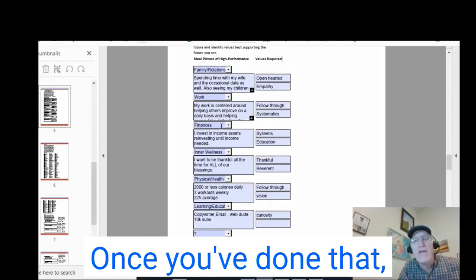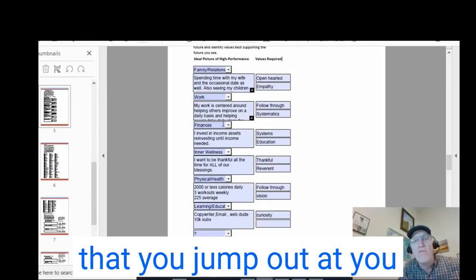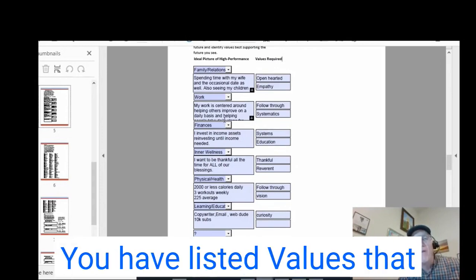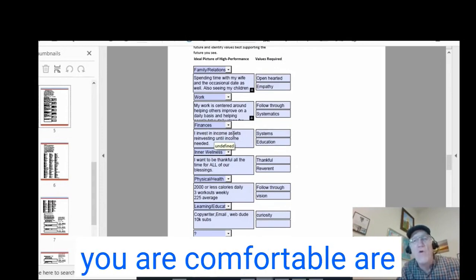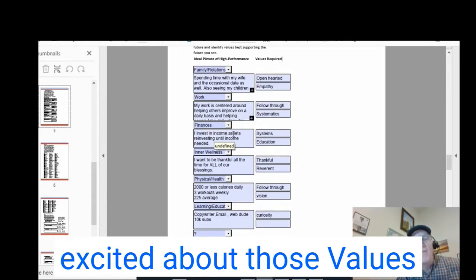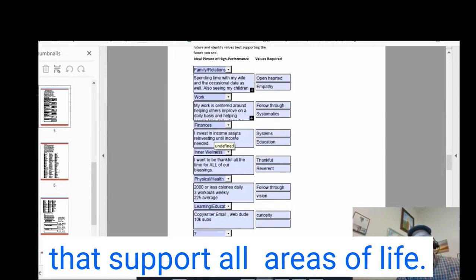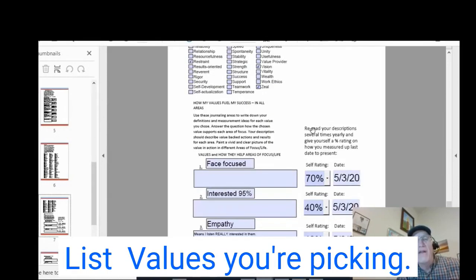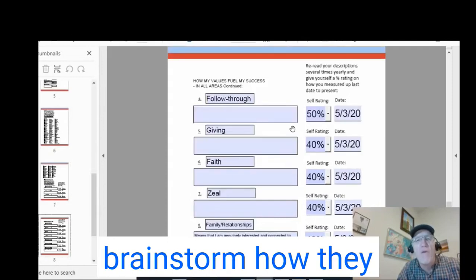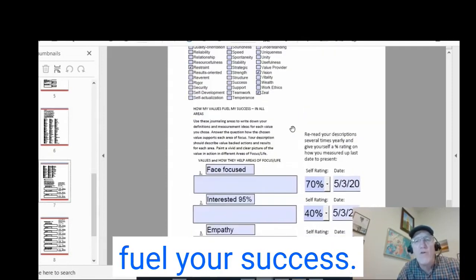Once you've done that, you've checked off values that jump out at you on the 171 values list. You have listed values that you are comfortable are solid values and you're excited about, values that support all areas of life. List the values you're picking, then brainstorm how they fuel your success.